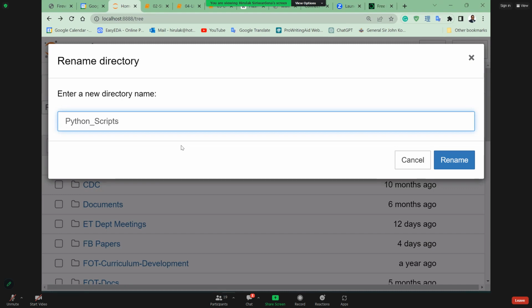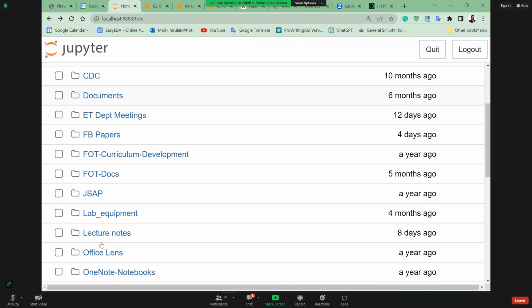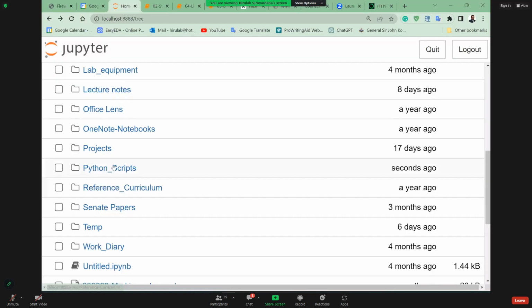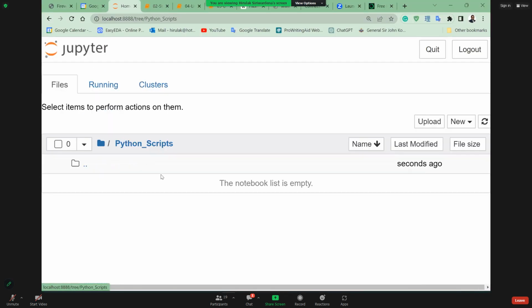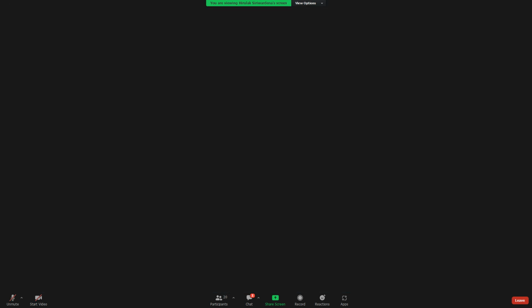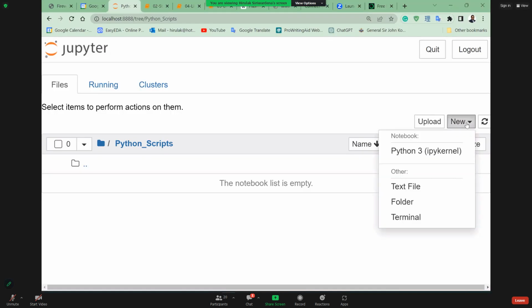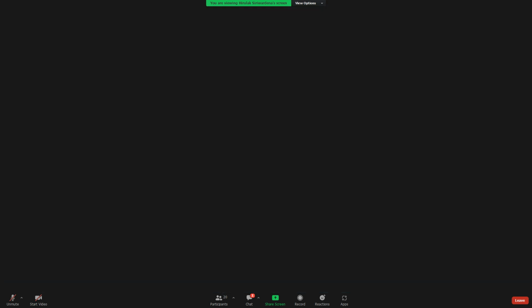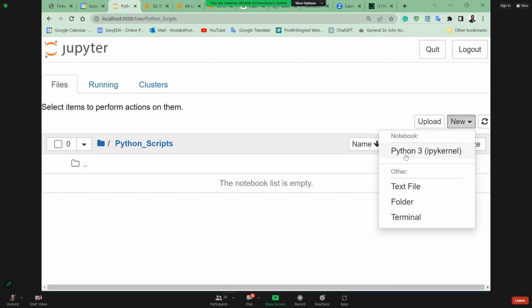Okay. And you can go to that folder, and then again you can click New, and there's something called Notebook, Python 3 IPython kernel, right? This is the notebook type that you want to create, right? This is the interactive